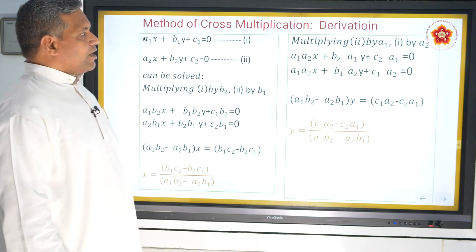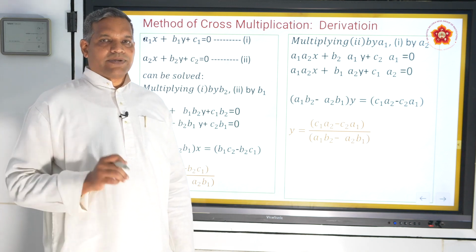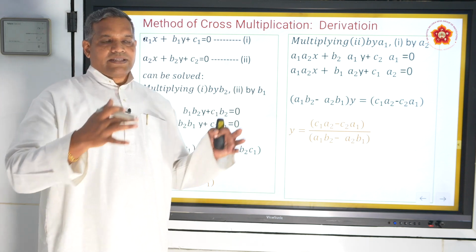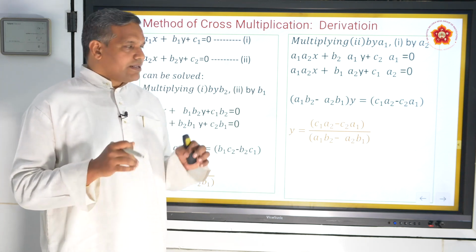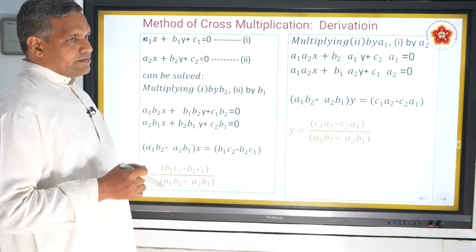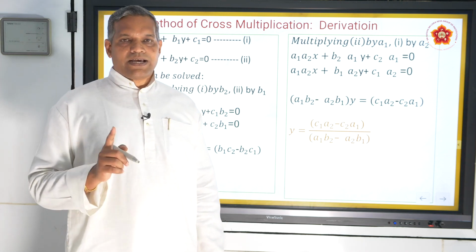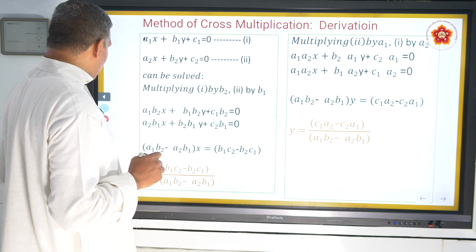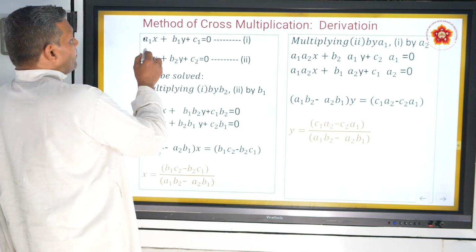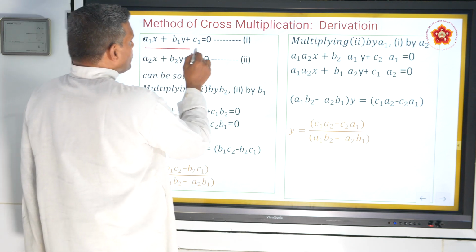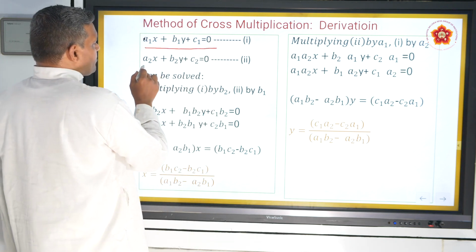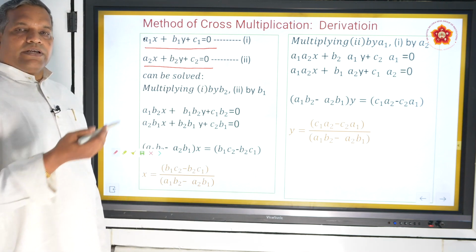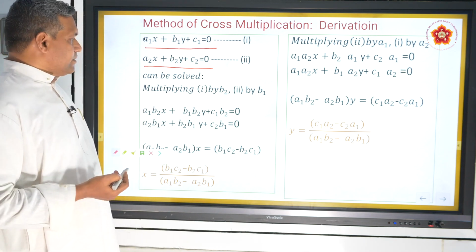Okay, method of cross multiplication. This is one of the beautiful methods. I told you about the strategy of the players, where they stand and how we tackle that, all that is discussed here. So now, in the first class, I gave you the general form of linear equations. Linear equations in two variables, what is the general form? a1x plus b1y plus c1 is equals to 0, a2x plus b2y plus c2 is equals to 0 are the general forms of linear equations in two variables, and that's how I gave the first and second equations.